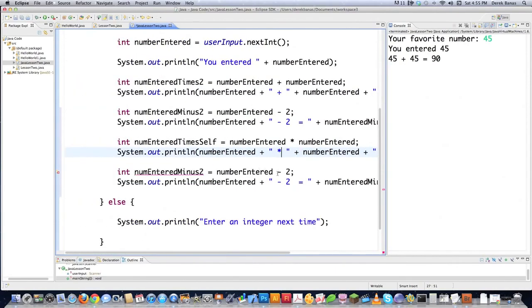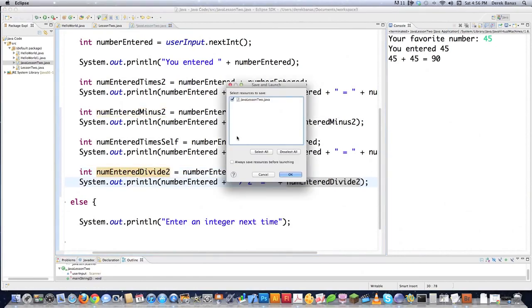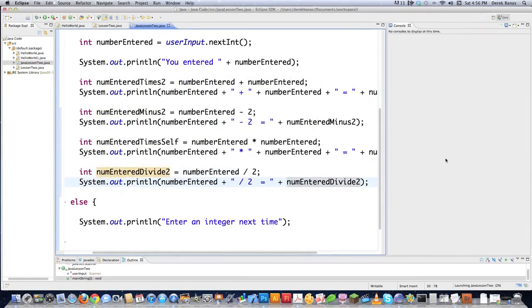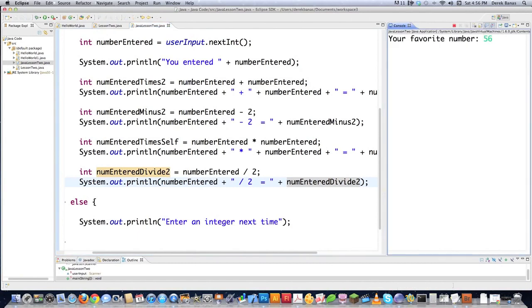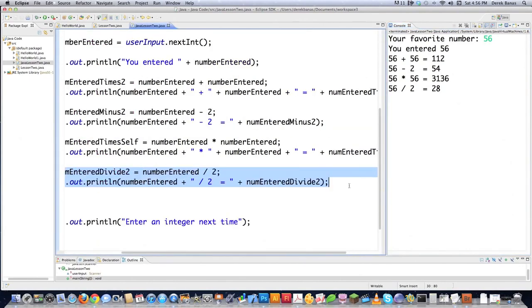Then we can come down here again, and let's do a division. Well, you just put that slash, come down inside of here. We're going to change this to a slash, and let's say we want to divide by 2. And then copy, paste that in there. And let's just run this just to see how it works. I think you probably get it. Favorite number, let's type in 56. And it's automatically going to perform those calculations and print everything out here on the screen, which is kind of cool. The only other thing I did not use here, which are basic things you're going to use pretty much all the time,